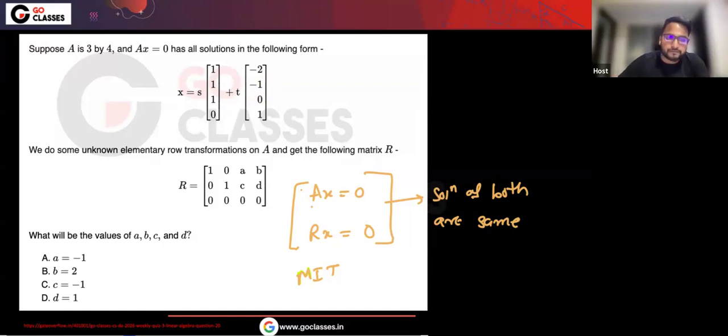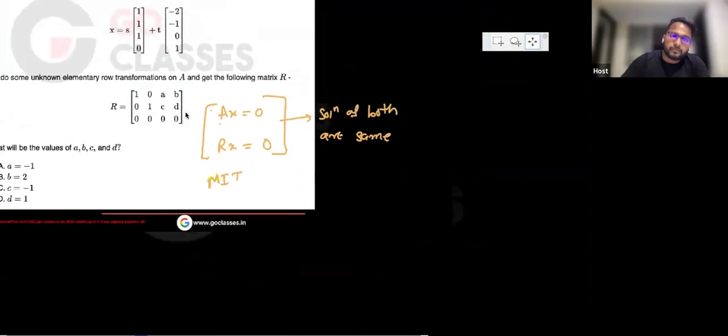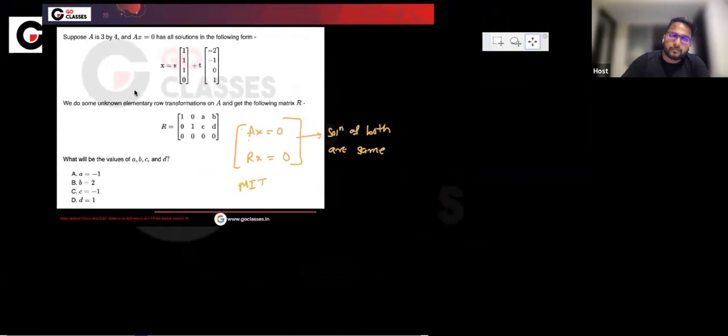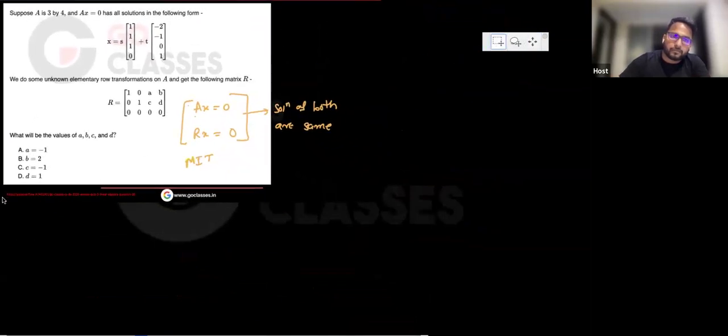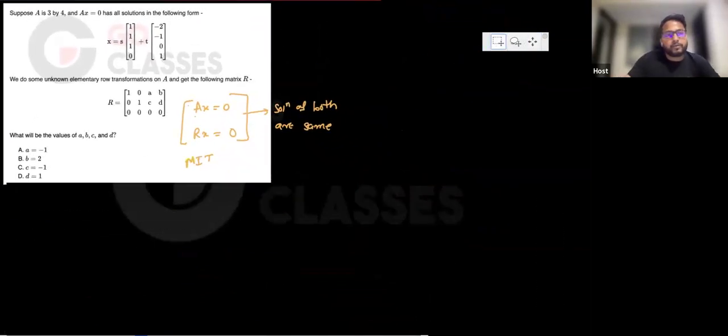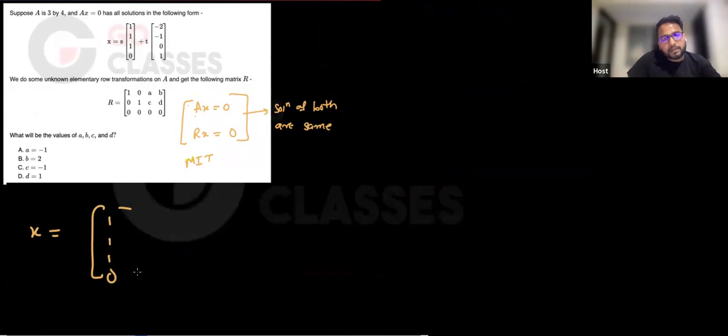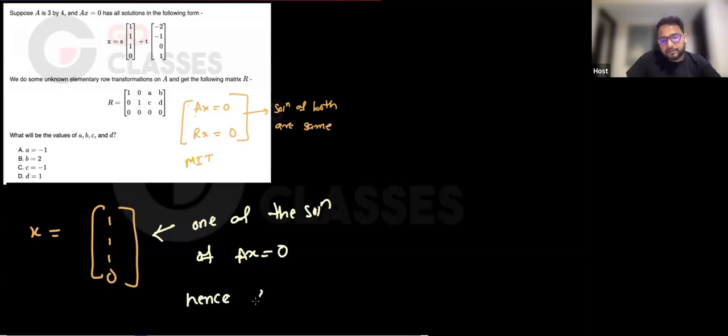So let me go to the next page. So basically, you will be getting one x as 1, 1, 1 and 0, right? This is one of the solutions. Okay, this is one of the solutions of Ax equal to 0, right? Hence it is a solution of Rx equal to 0 also, which means if you take this R,